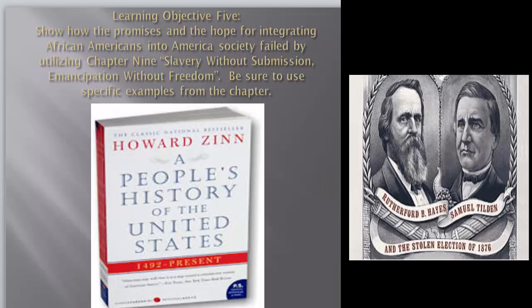All right, so that concludes Learning Objective 4. Learning Objective 5 requires you to read Howard Zinn's A People's History, his Chapter 9, which is posted within this lecture series, Slavery Without Submission, Emancipation Without Freedom. And in here you're to show how promises and the hope for integrating African Americans into American society failed, utilizing